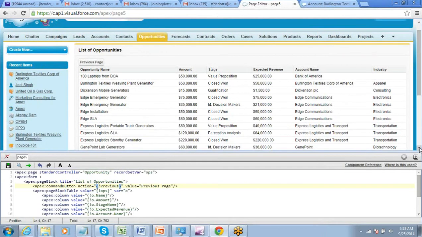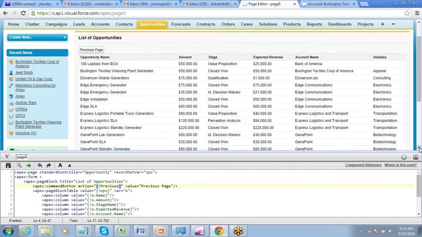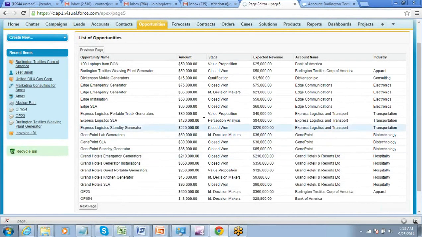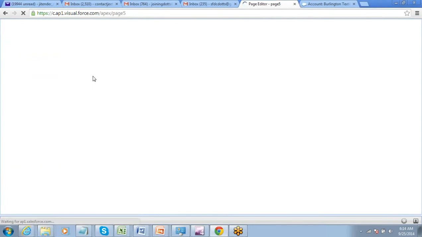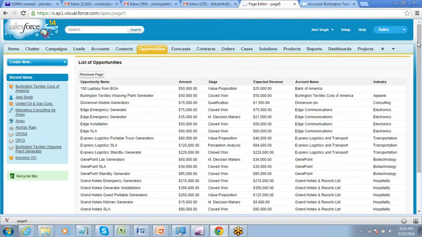Alright, so here it is. Now you have a previous button and a next button. Next page will take you to the next page, and previous will take you to the previous page. So 20 records are displayed at one time for a standard list controller. For anything where you have more than 20 records, you always have to use pagination.